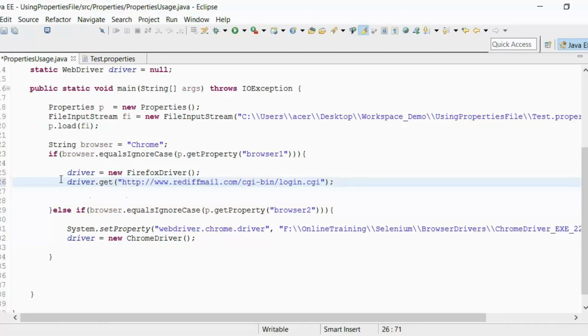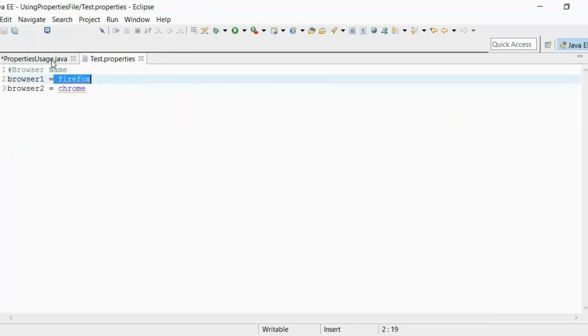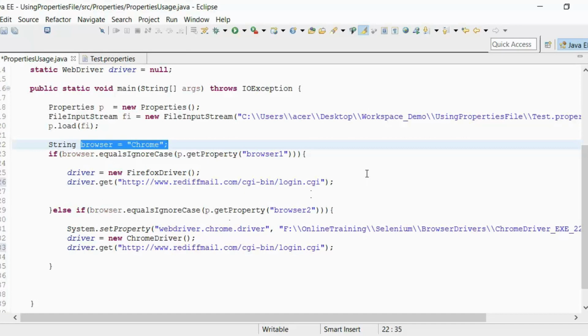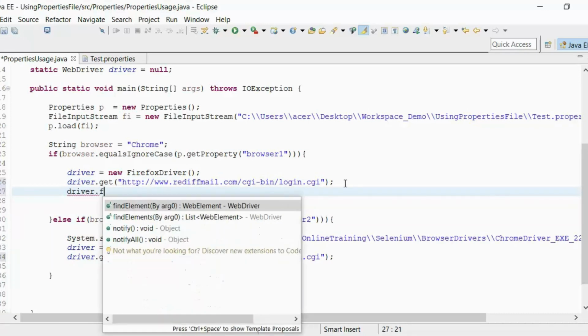Okay, the same thing I'm going to do out here also, the same transaction. The only thing, dependent on the browser, the transaction will happen, and the dependency of a browser to open will be dependent on this particular string value. So if the string value is Chrome and it is matching with the value of the key, it will open up Chrome. If the string browser is Firefox, it is matching up with the value of the key Firefox, it will open up Firefox. Do the same transaction out here, and after that I'm going to do driver dot find element